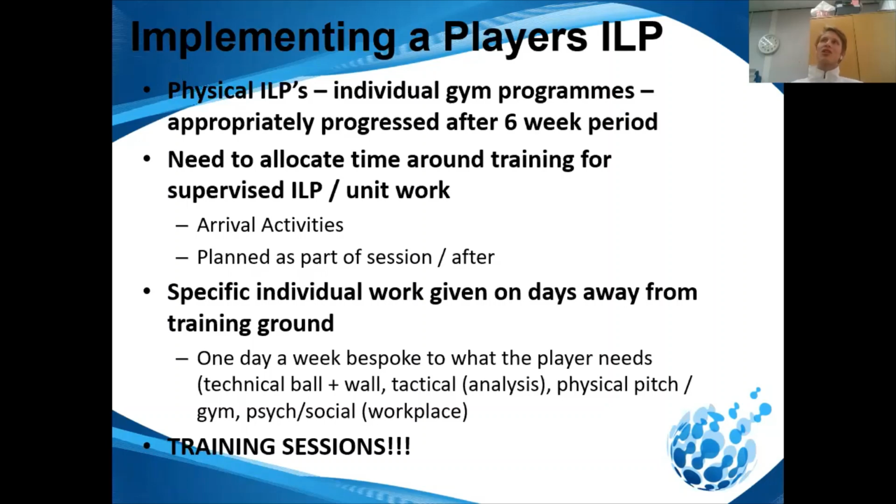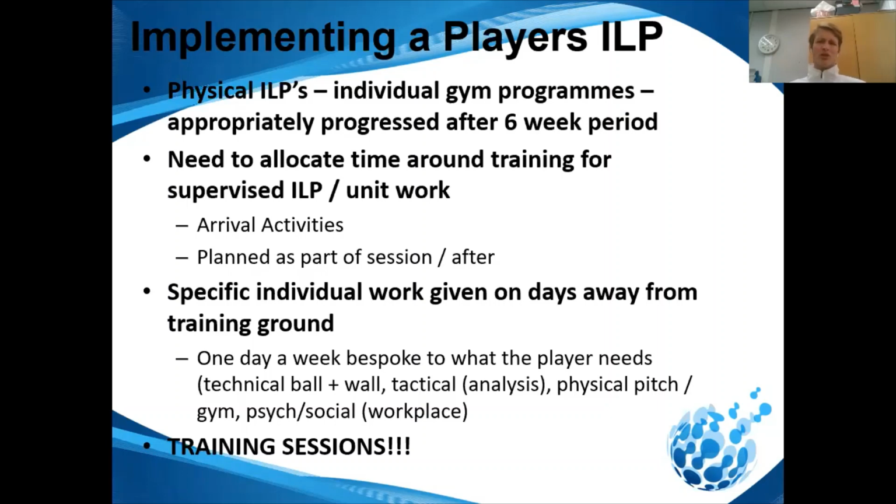If a player needs a lot of tactical work, them sitting down and just doing some extra analysis, looking at the best of the best, or looking at yourself even, and saying, right, I want you to create me a half-an-hour playlist of when the defence were under pressure, what was the wing defender doing, the right wing back doing when the ball's on the left-hand side. Have a look at yourself, have a look at elite clips, for example, and then come back to me and let me know what you did. It's all part of the learning, it's all part of the training. So you can be really creative with those ILP sessions away from the club.